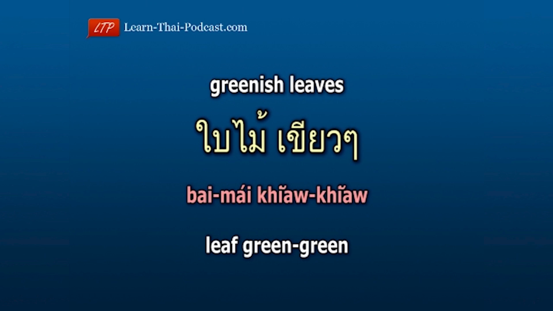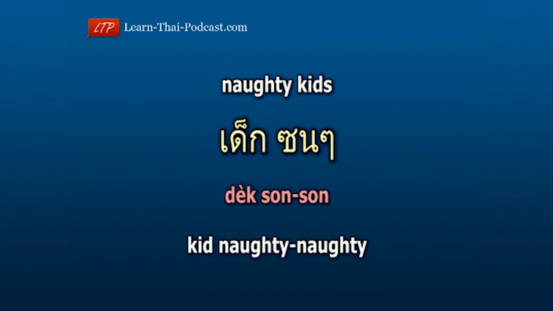In some cases, these duplicated adjectives are used to describe plural nouns. Just consider this case. Usually you will get it from the context of the text or conversation. For example, naughty kids. เด็กซนซน Kid, เด็ก naughty naughty. ซนซน Kid, naughty naughty. เด็กซนซน